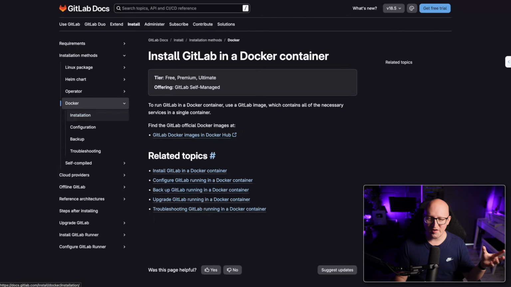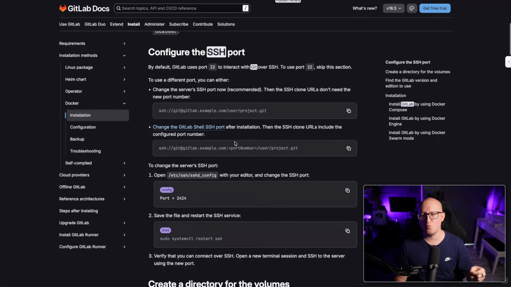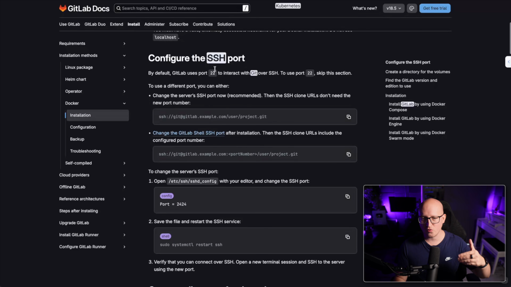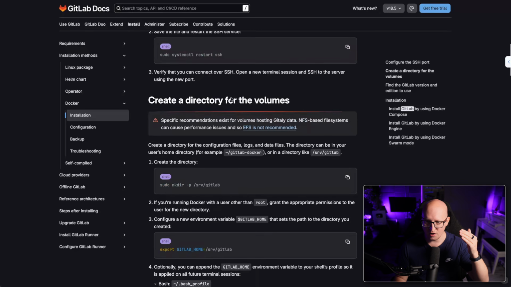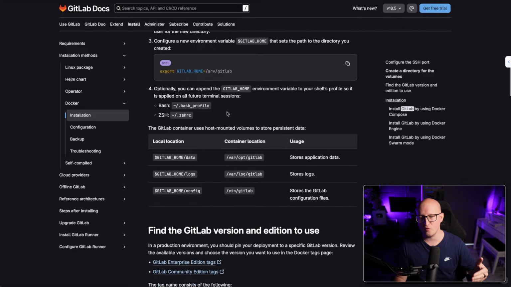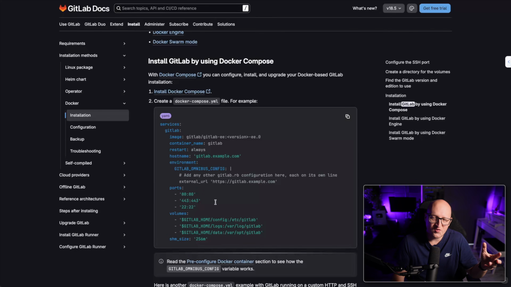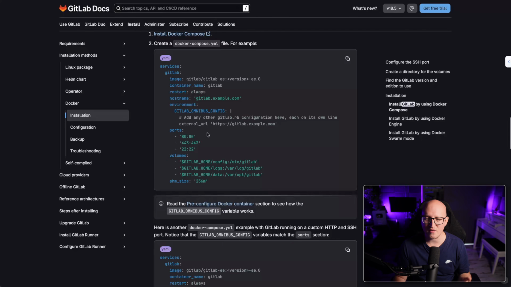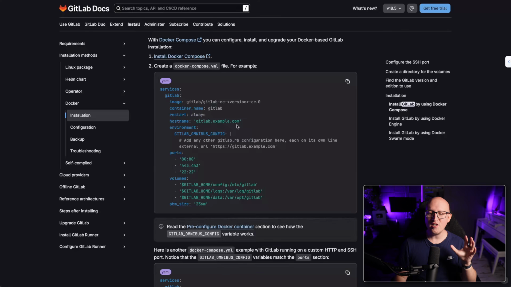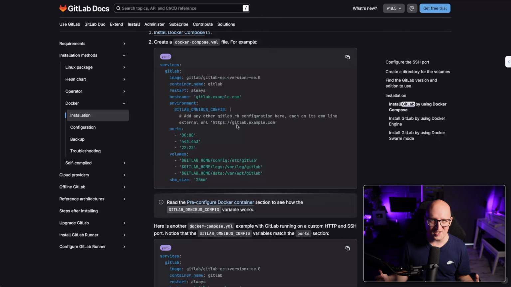And here in the installation instructions, we can find more details about how to configure the SSH port, how to create a directory for the volumes, how to create the GitLab RB configuration file, and there is even a Docker Compose template that you could use. But because of the complexity of the configuration and different versions and installations, I thought I'm just gonna create my